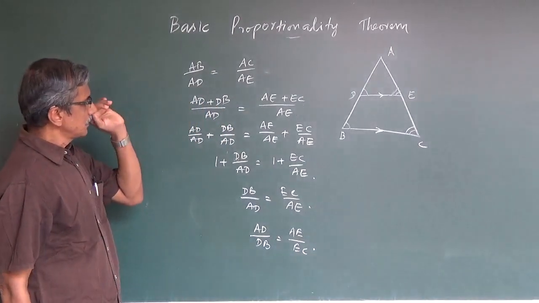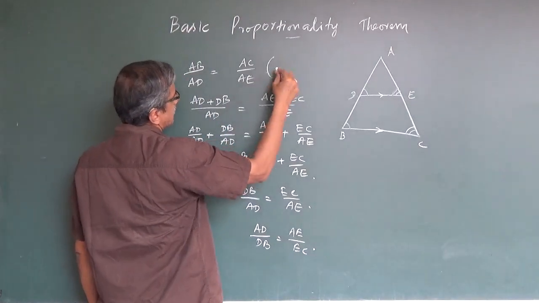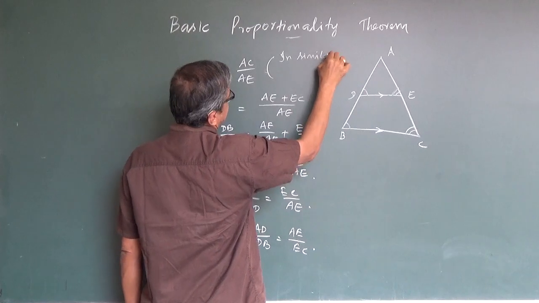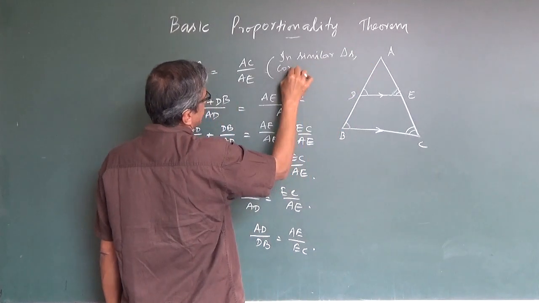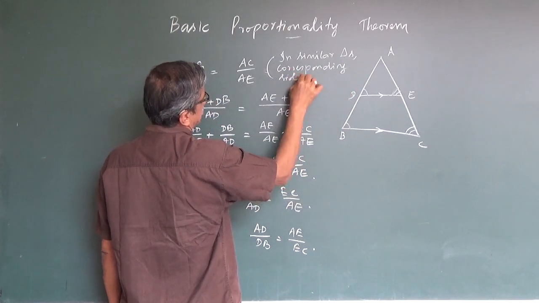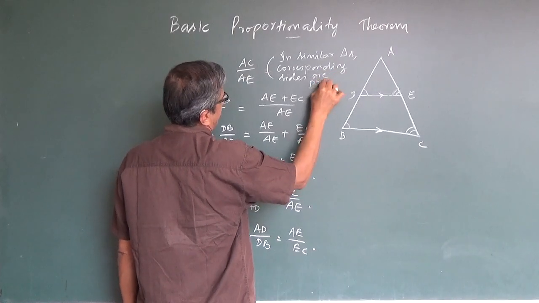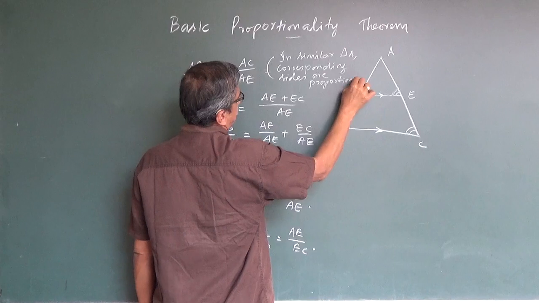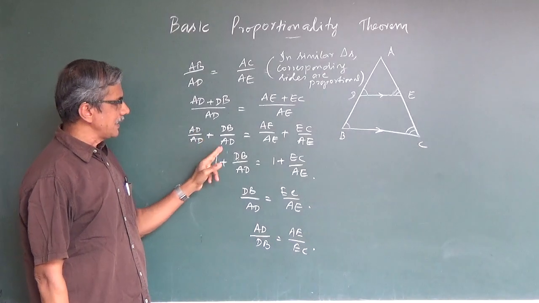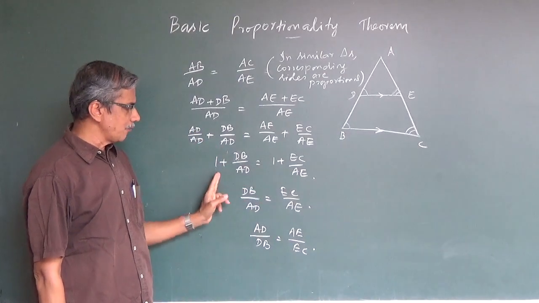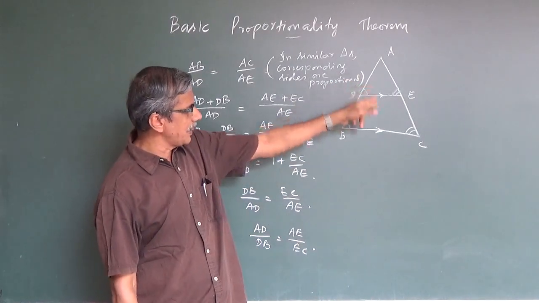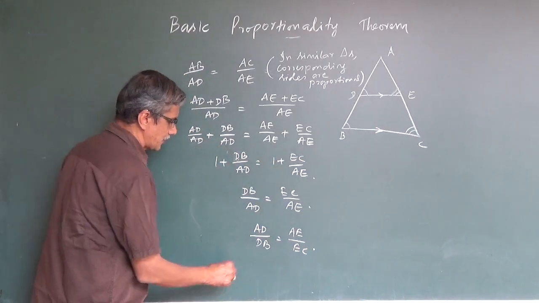I hope you understood. So this we got. Why did we get this? Because in similar triangles, corresponding sides are proportional. So because of that we wrote this, and I split it here and separated it here. This becomes 1 and 1 is removed from both the sides. So we got AD by DB is equal to AE by EC. We have proved it. I hope you understood.